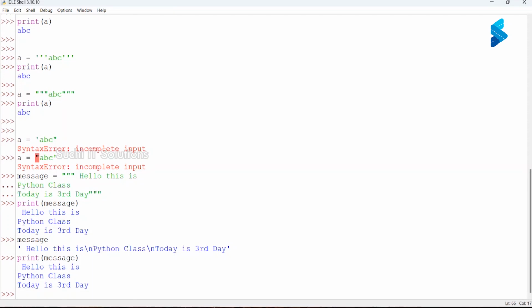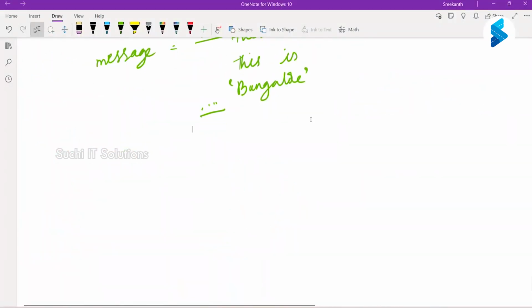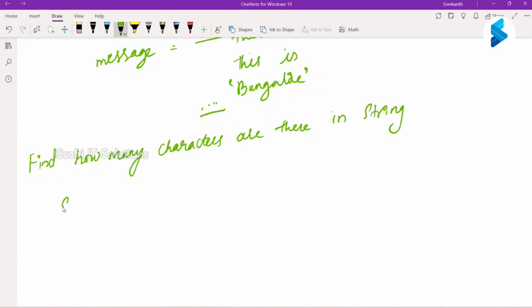Now, the next thing. I have defined my string, but I want to know how many characters are there in the string. Find my string: A is equal to hello. If I have to know how many characters are there in my string, I want to use a function called len.